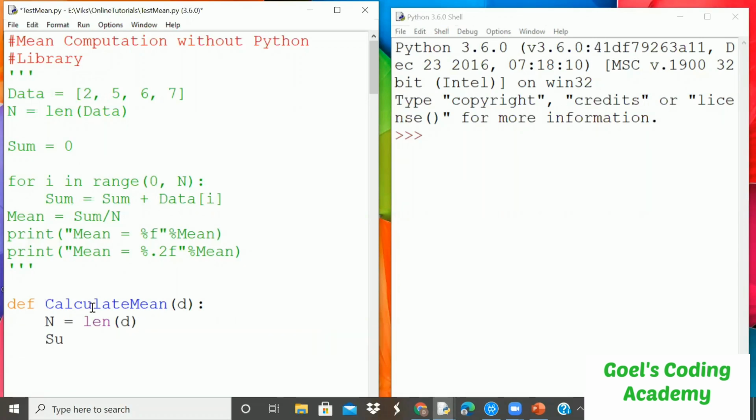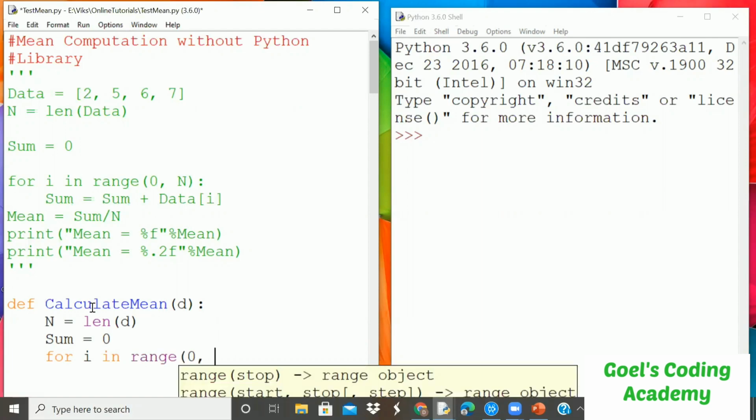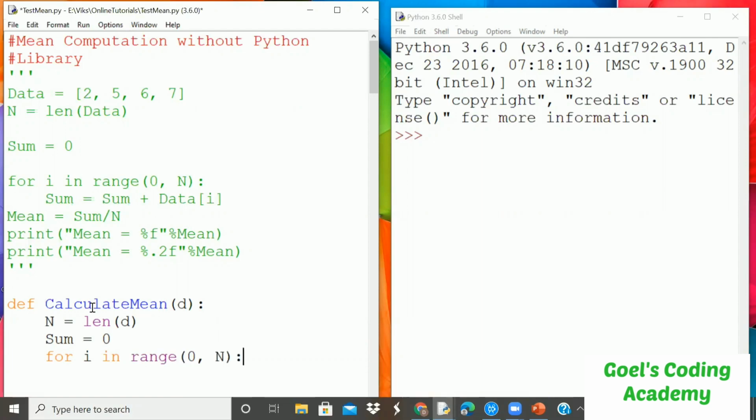And again, we will initialize a variable sum equal to 0. And now again, we will use a for loop to calculate the sum of elements of the data array d. This is the format as we have used earlier. Sum equals sum plus d[i].